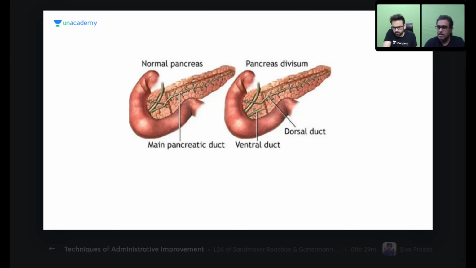Everything occurs fine, but finally the ventral pancreatic bud came below the dorsal and they didn't fuse. Their ducts did not fuse. The whole ductal system, both the buds, will remain separate. And what will form? They will form pancreas, but the upper part is developed separately from the dorsal bud, and the lower part is developed separately from the ventral bud. That is the reason behind pancreas divisum. Now, it is going to show some ductal anomalies which we will see later on. What are the ductal anomalies which are due to pancreas divisum?